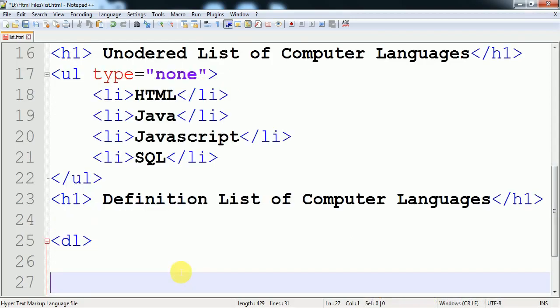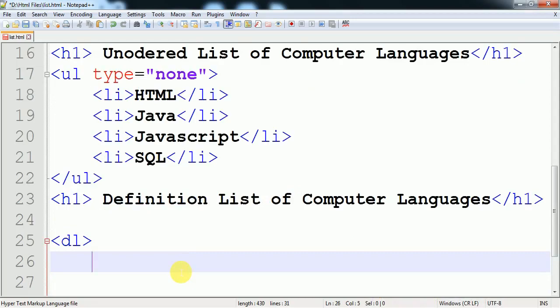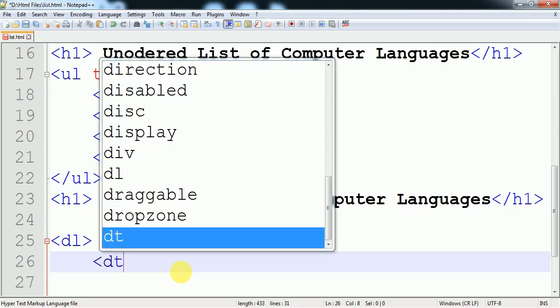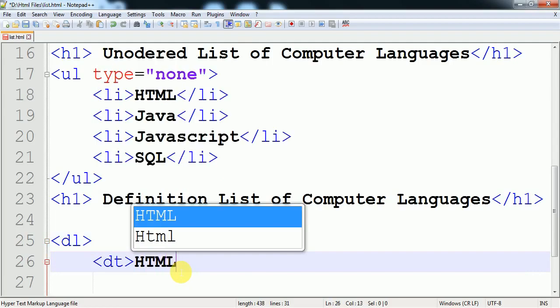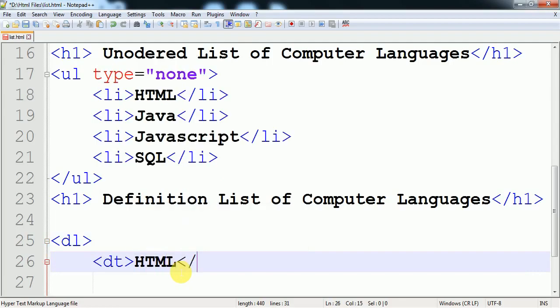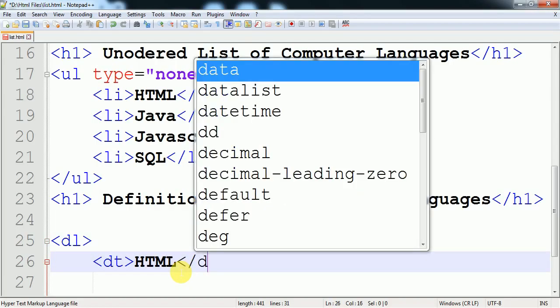Another tag which we use inside this, first is DT, the definition term, whose definition we want to specify. The definition term is HTML. Close this DT.